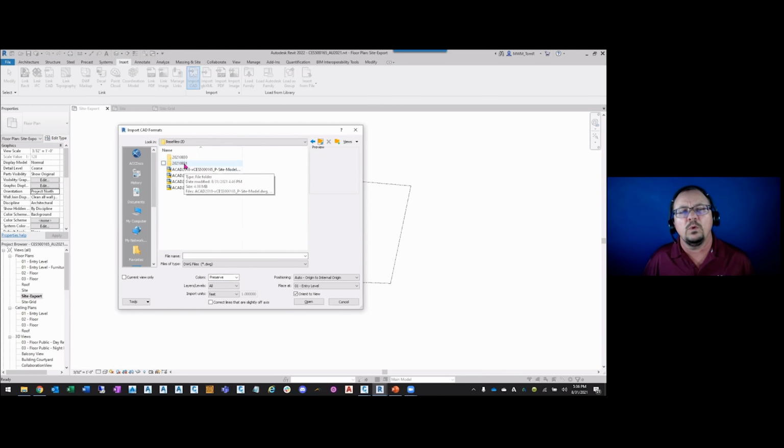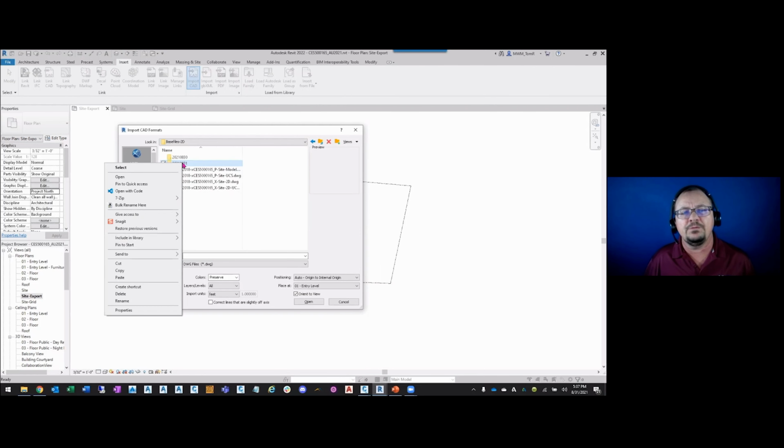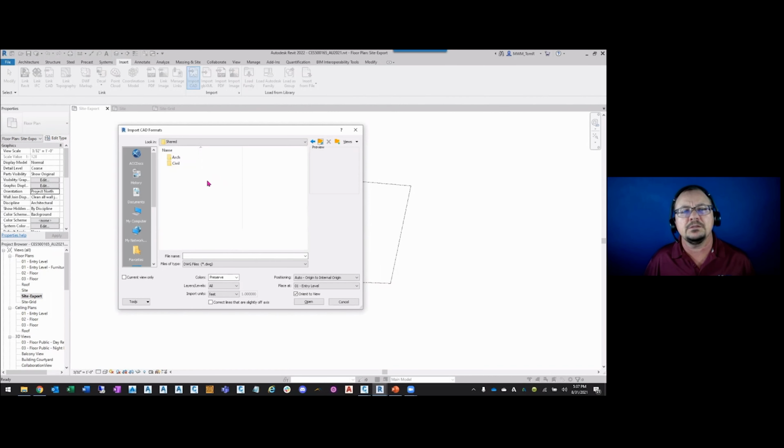Now on BIM 360, we have permissions set up so that the architects cannot modify anything within the civil folder. If you do have permissions, it's very important to make a copy of those files. So that's what I'm going to do here. And I'm going to go into our architecture folder, consumed, civil, and I'm going to paste that folder. So this is going to be my latest files that were exported, my P site and my X site. I'm going to bring these in one at a time. I'm going to bring in the X site first because it has the boundary, and I can make sure that the boundary comes in the correct location.